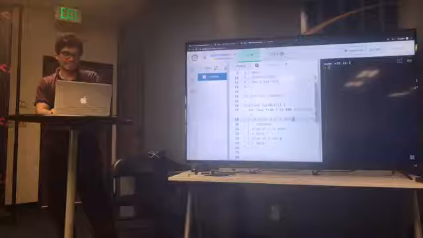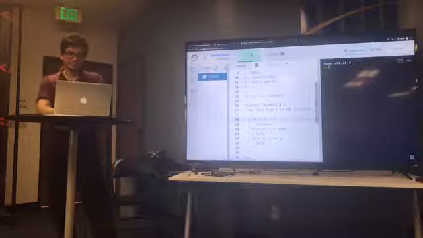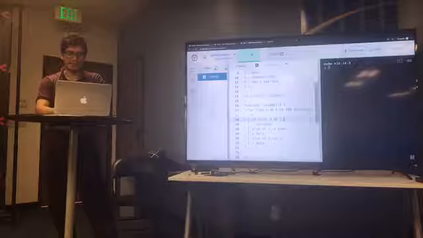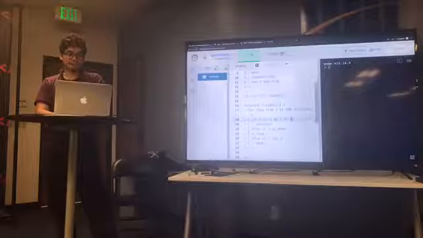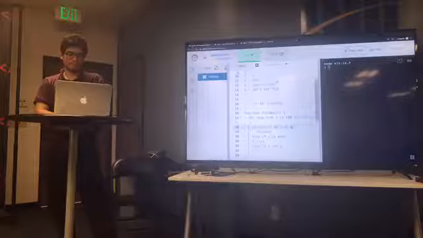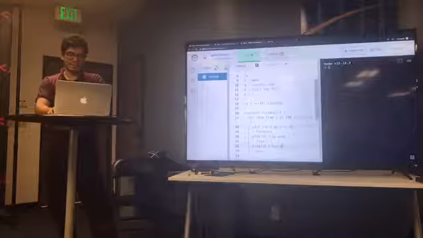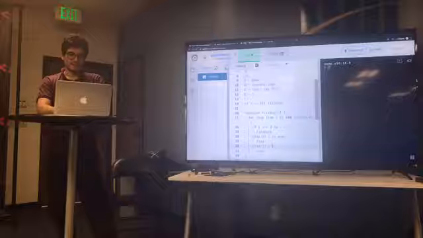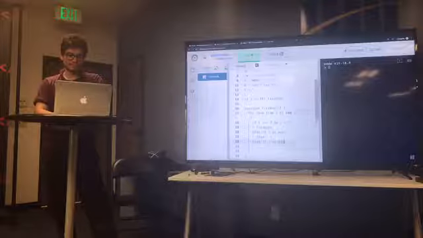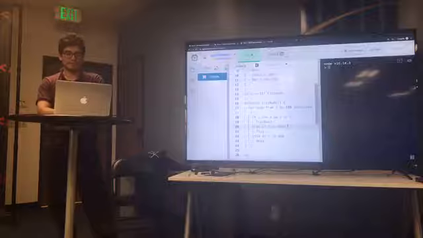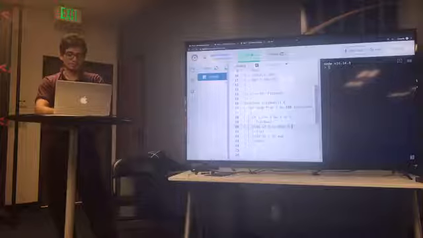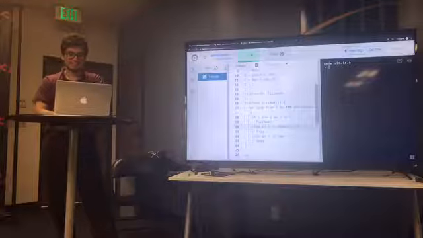Let's make it more clear: if I is divisible by 3 and 5, I do fizzbuzz, right? Else, if I is even, I do fizz. And else, if I is odd, do buzz. Then I have to remember my JavaScript: something like this, mod 2 equals 0.